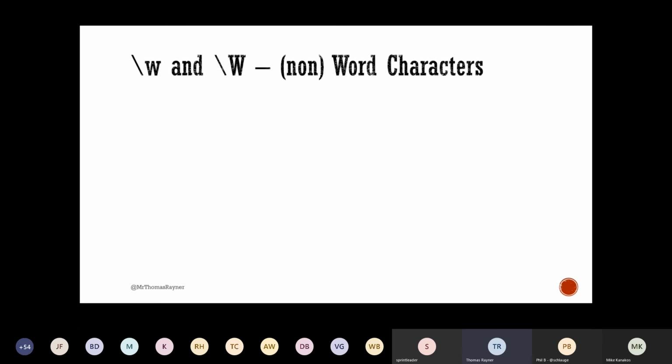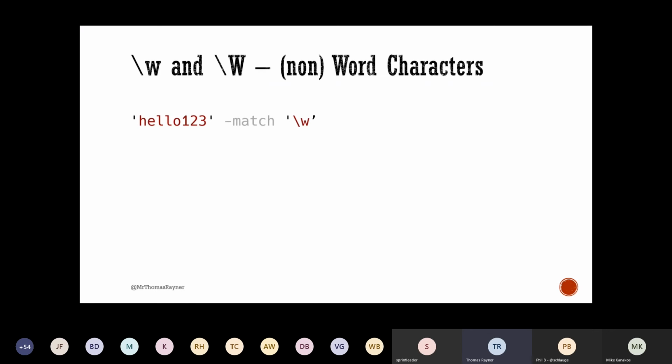And so we'll start talking about the lowercase and uppercase versions of these things at the same time now. \w is for word characters. You go, well, what the heck is a word character? A word character is a letter or a number or an underscore. Apparently an underscore is a word character for some reason I don't understand. So \w, we're looking for a letter, number, or underscore. \W, we're looking for not a number, not a letter, not an underscore.